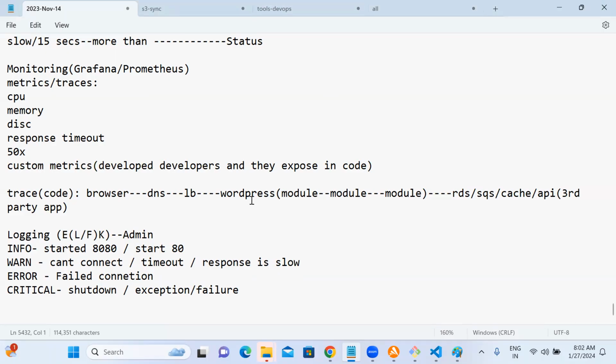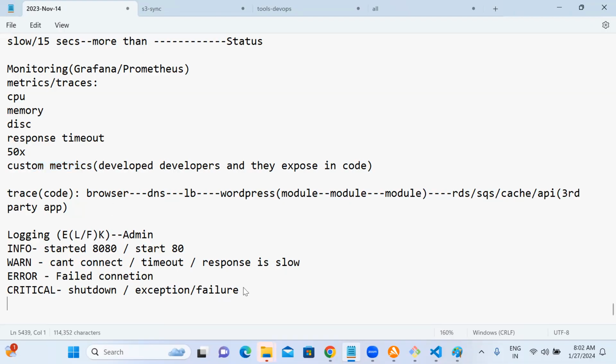Then you ask the developer; there is the internet. Take PHP, Python, Java, every code has some metric feature they can expose. Custom metrics are the traces. So you should tell them to go to the internet and refer to some of them if they don't have it. That is our job. Your job is to set up this infra, not how to expose the metrics. I have seen these use cases come to you, so you should have that clarity as a DevOps guy. You should run the show.